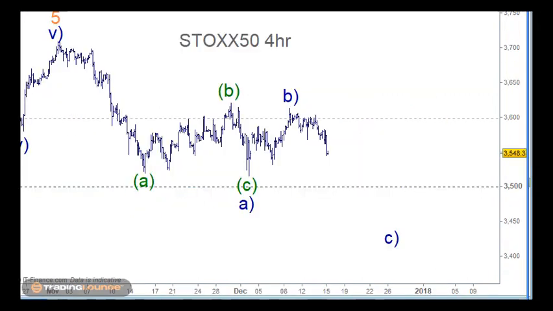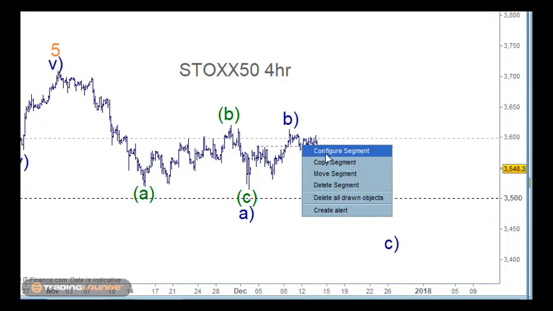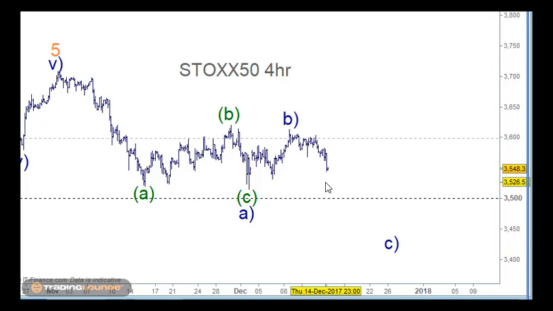Okay, here we go. So with the Stoxx 50 here, just on the 4 hour chart, it can count, just see this move down on the DAX. We're looking at this being 1 and 2 and 3 and 4 and then 5 here, but this really overlapped the top of that wave 1 here, so it's highly unlikely that that's going to be the case. It could be a more complex sort of correction as well, but if I looked at this in simple terms, then I would need to look at this here as,